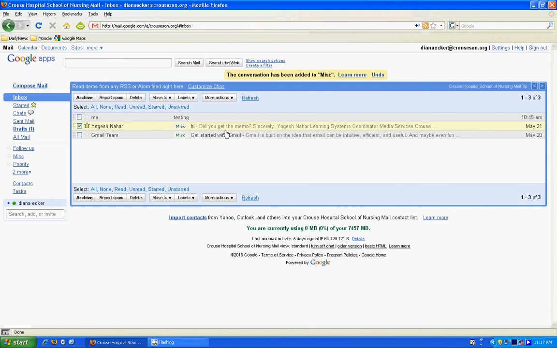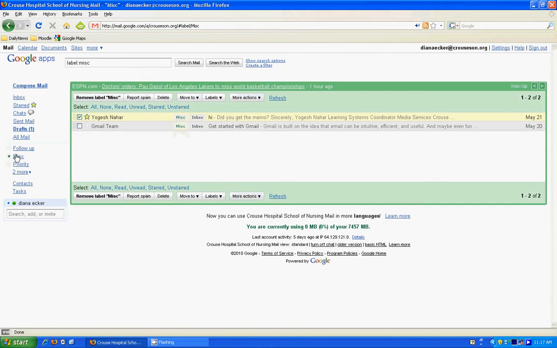Once the label is applied, you could easily search for all the emails with this particular miscellaneous label by clicking on the miscellaneous option here on the left. If you click on the miscellaneous option, it shows you all the emails which have been labeled with that particular name. So this way it's easier to manage email